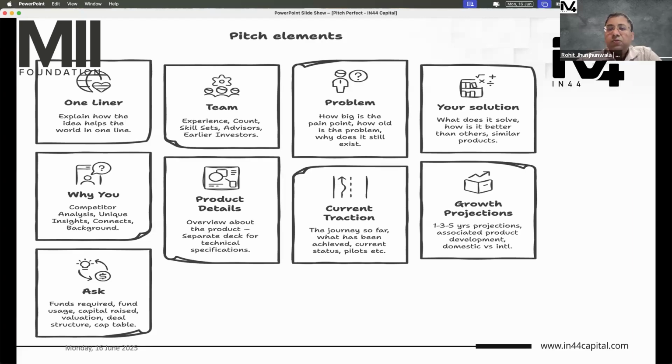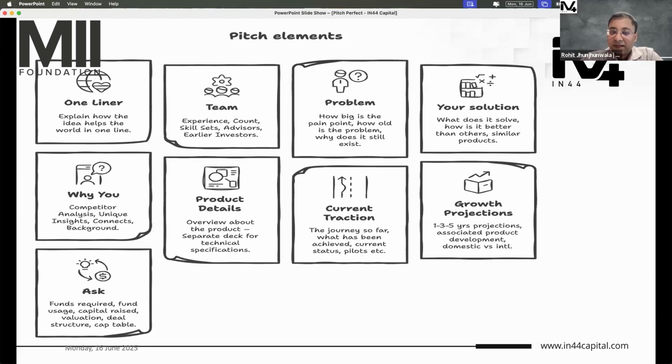Right? And then you will talk about your product a little bit, obviously. Otherwise, you don't have a company, right? You have to have a product or a service or a software, something you will have. So you'll talk a little bit about your product. And if you are MVP stage and above, you will have a little bit of traction, so you'll talk about that. Now, these are general things. If your company has not come to the traction stage or the growth stage, you don't need to add those slides. But at least all the others are general.